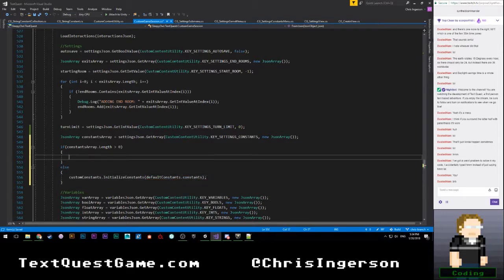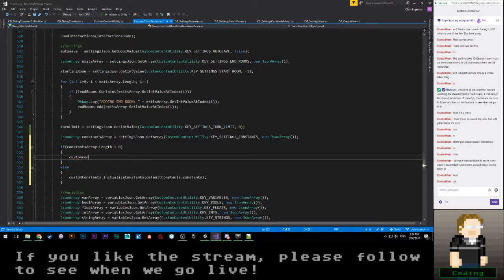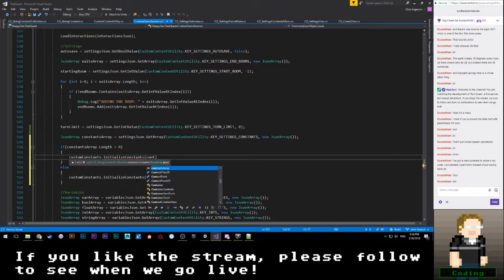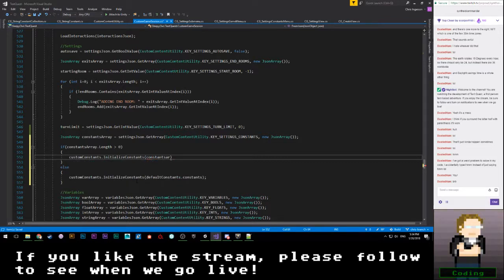Okay, so simple there. Next, we're going to want to say custom constants dot initialize constants based off of constants array. Okay, so that should handle loading that data.